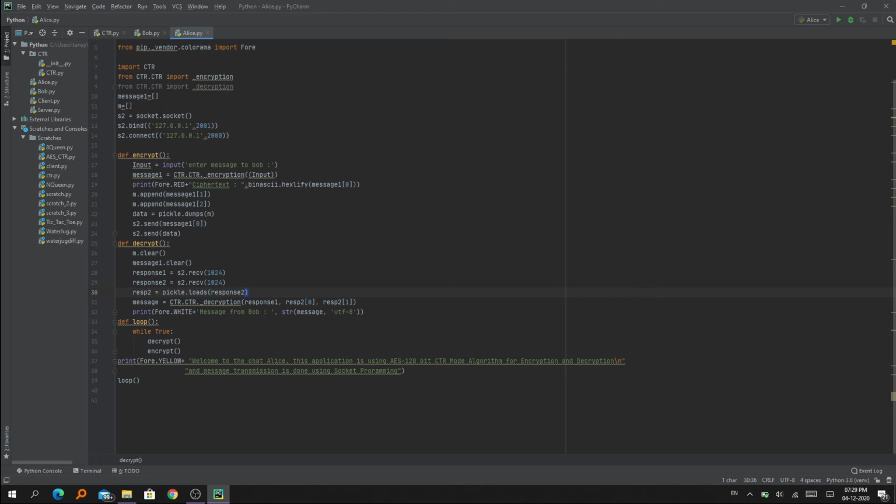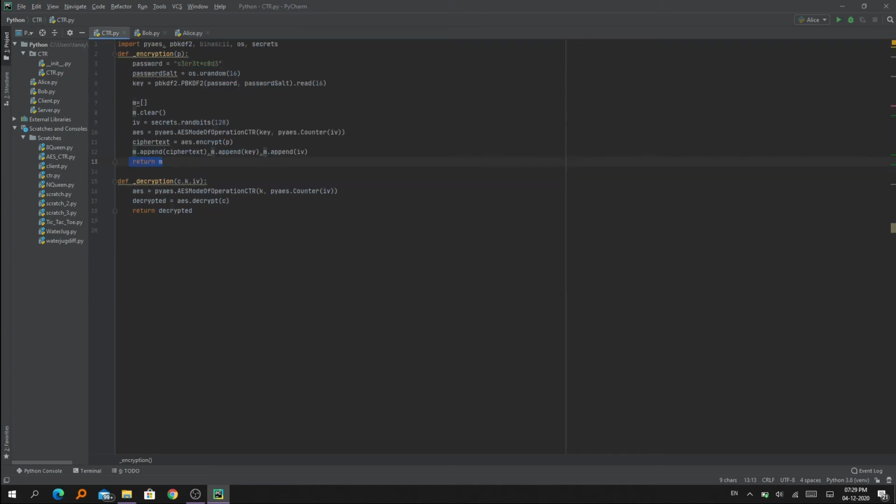Now to get the decrypted message, we are firstly sending the key, which is saved in the response 1, and the value, the ciphertext and the initialization vector into ctr.ctr_decryption.